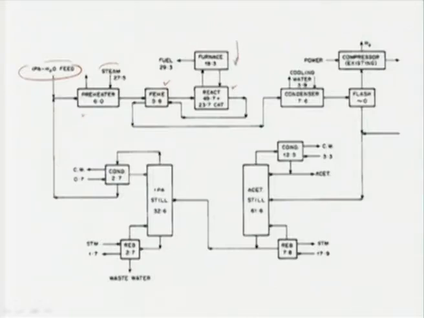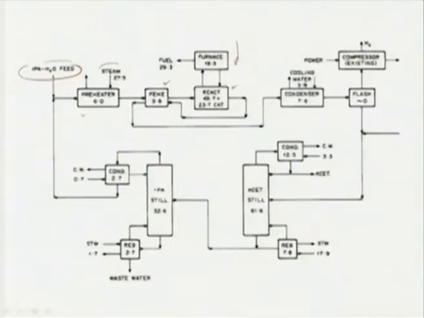In a previous module, we have already done the heat and energy balance of this particular process. So these things should not be much new to you. The stream emerging from the reactor first exchanges heat with the incoming stream in the feed to effluent heat exchanger, and then it enters a condenser where cooling water is used as a utility. Then the stream goes to a flash drum in which the liquid and gas products are separated.